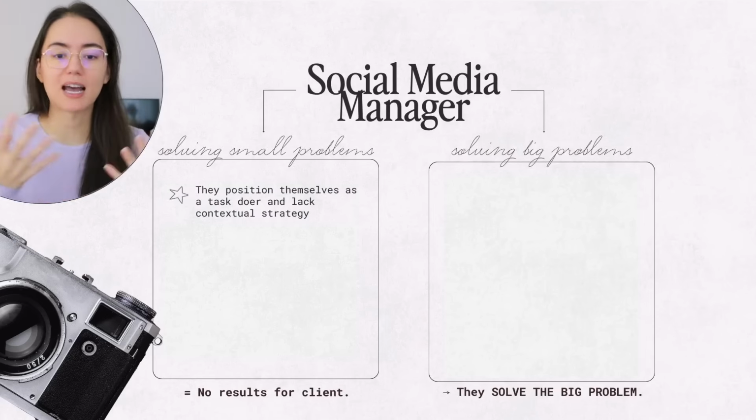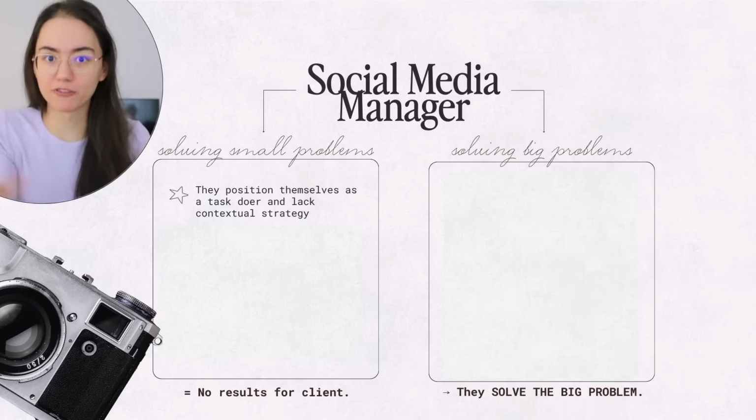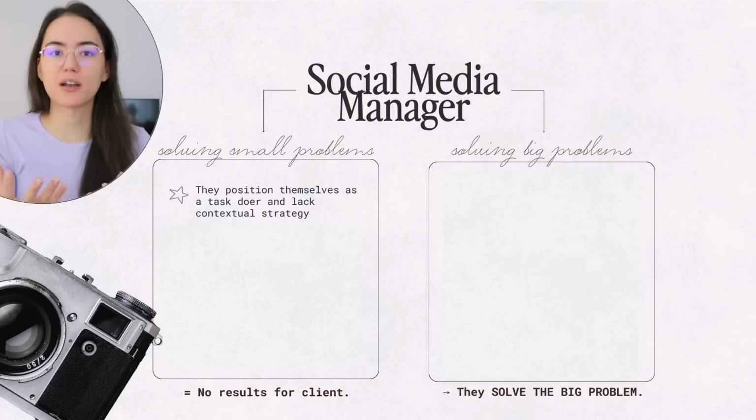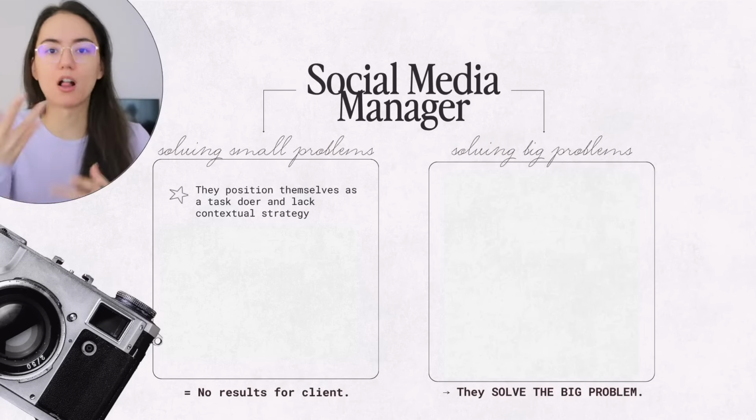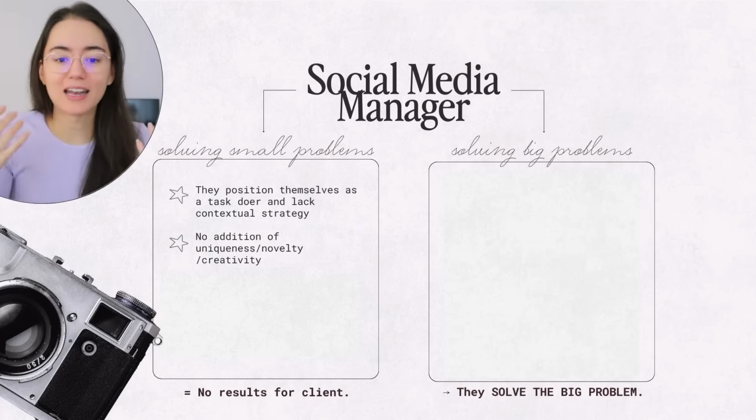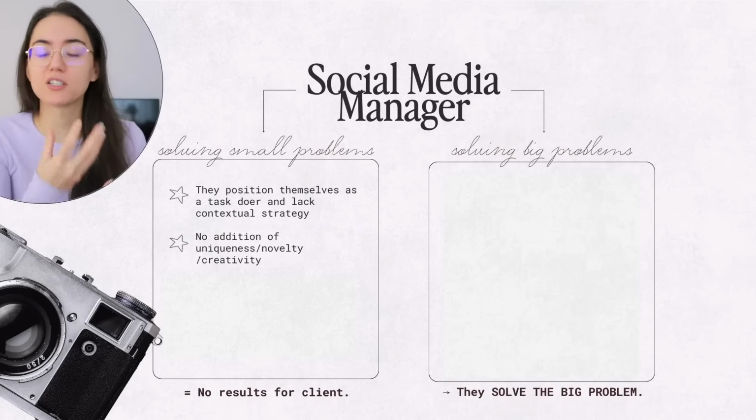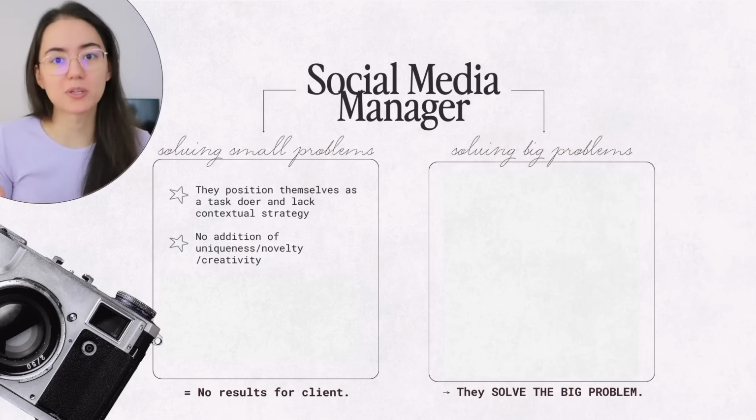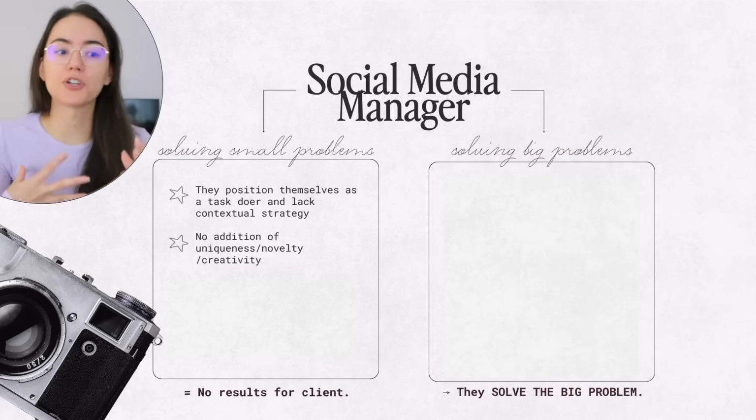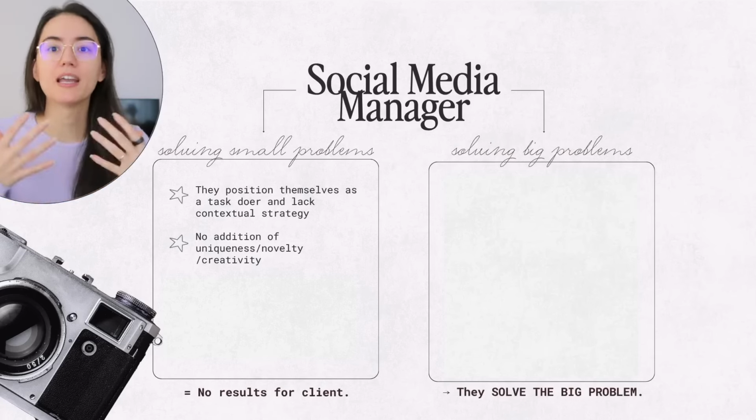managers who position themselves as a task doer and really lack that contextual strategy of understanding everything holistically and presenting a strategy that makes sense in the context of the product, the funnel, the customer, the industry, all of those things. They might not be adding any uniqueness or novelty or creativity to their social media content strategy, which especially with AI, if you don't have uniqueness or novelty or human element and authenticity to it, it's just not going to